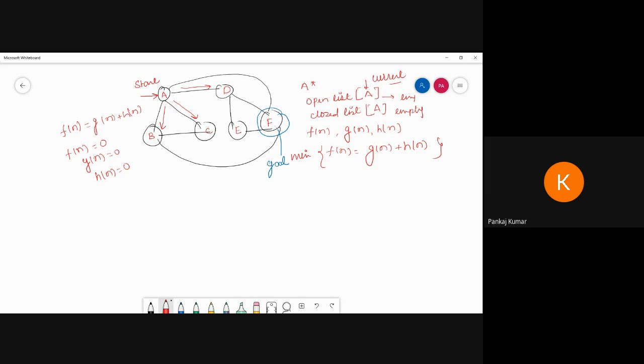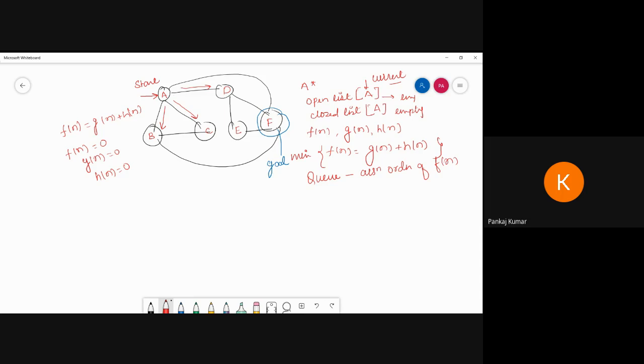Then we have to explore one by one, and we have to maintain a queue data structure in ascending order of f of n value. Is it true? Okay, so this way we have to write the code. First we understand the pseudocode, then we try to write the code. Each and everything I mentioned here, we have to write in the pseudocode one by one.